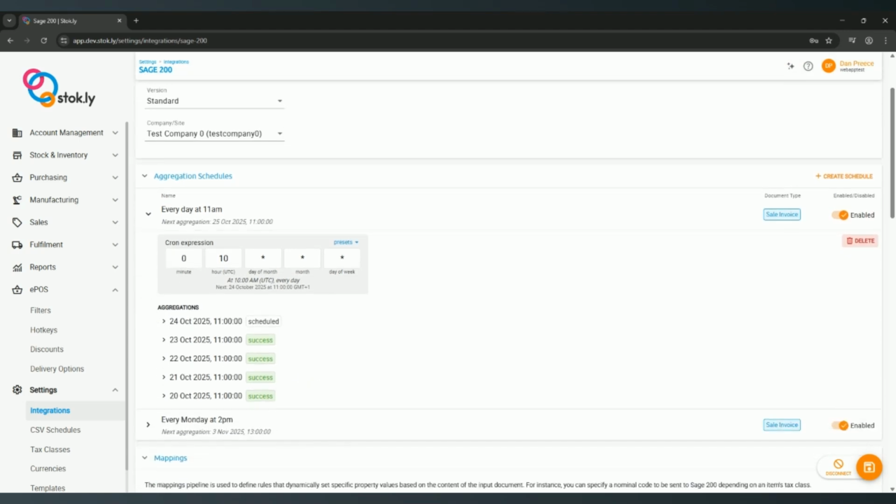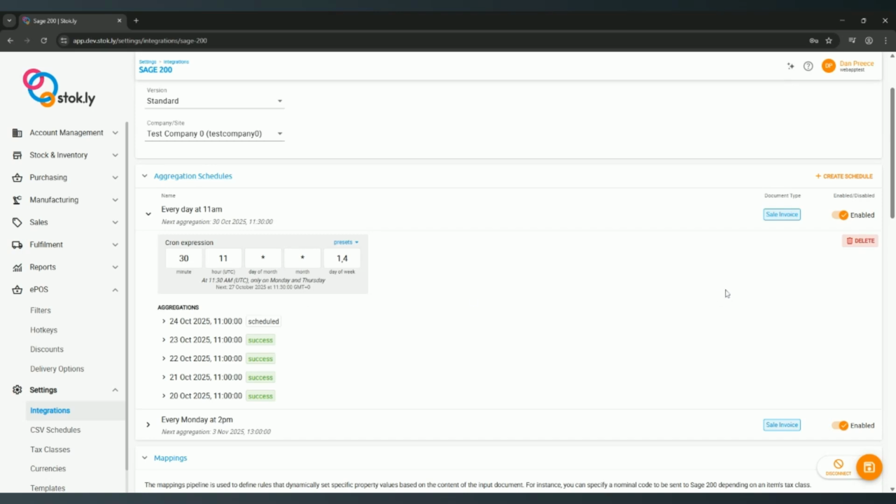The scheduling is very, very flexible. We provide you some presets. Maybe you want to do it every day at 10 p.m., or every Monday at 9 a.m. Equally, you could do it on the first of the month, or every Tuesday and Thursday at 12:30. It will populate this input for you so that you don't need to worry about how to do it so much yourself. But equally, if you wanted to do every Monday and Thursday, you could select this one and then just come in here and change that to a 1, and now it's going to synchronize every Monday and Thursday of the week at